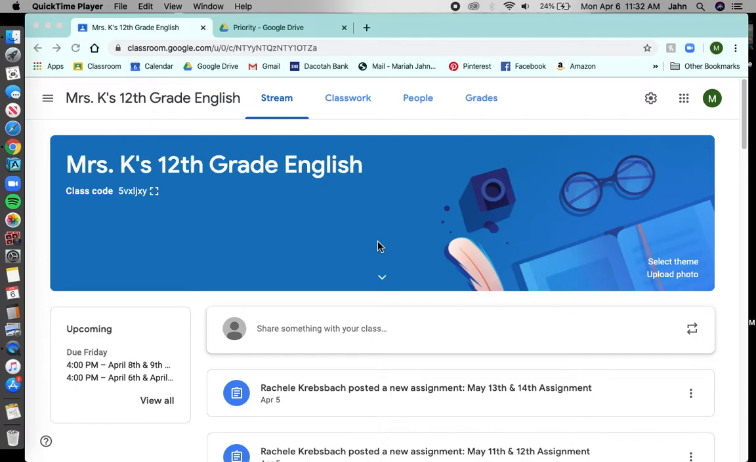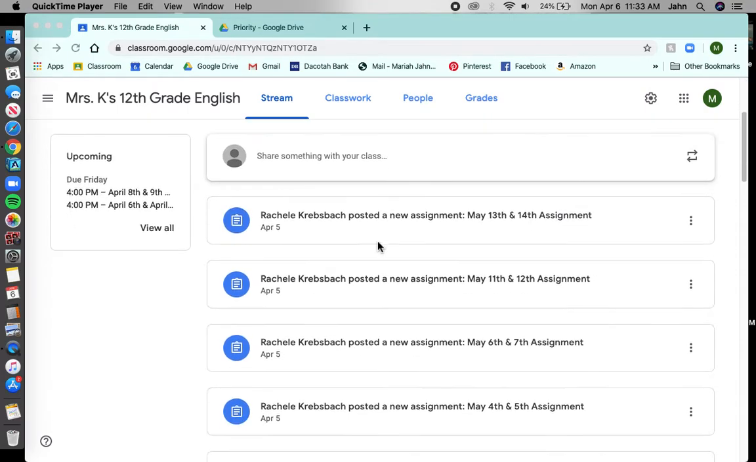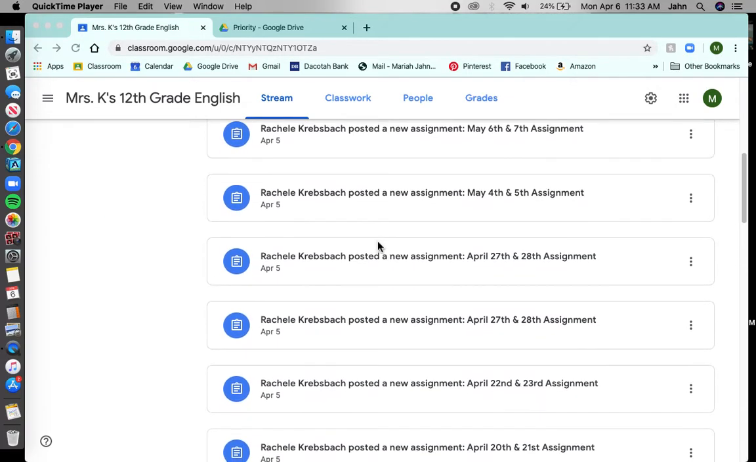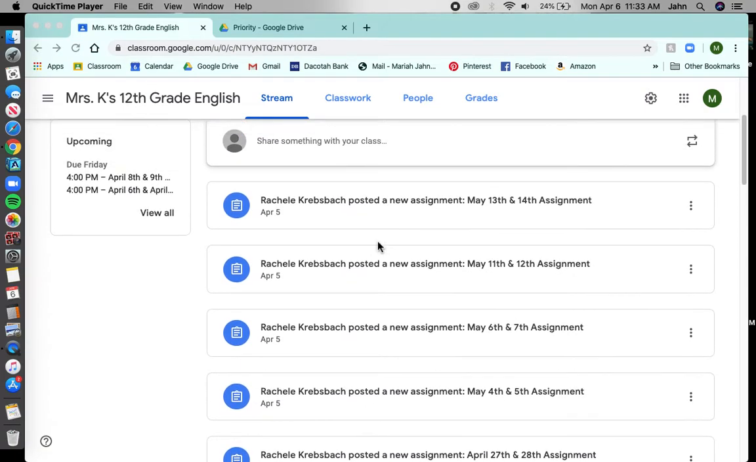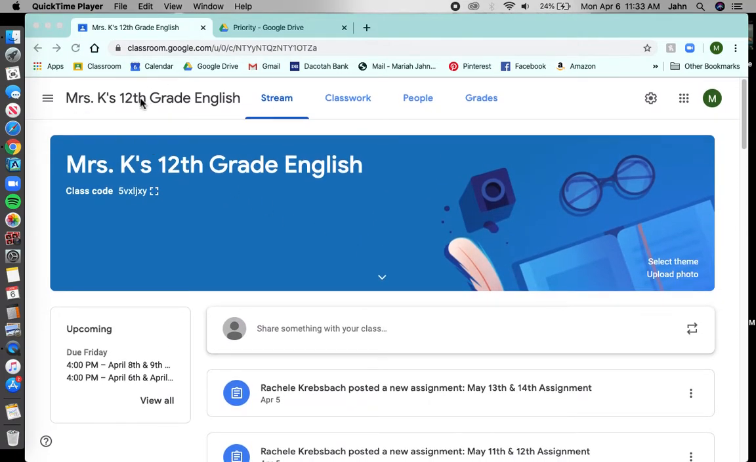show you how you will access your assignments from a Google Classroom, as well as what you need to do when you complete an assignment. Because if you complete the assignment but do not turn in the assignment, it will not show up for a teacher that it is turned in. So what you're going to do on a Google Classroom, on any classroom,